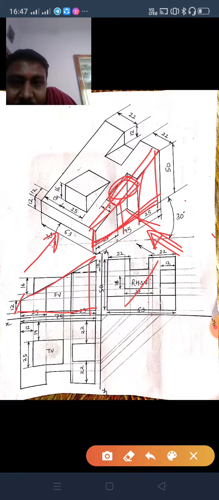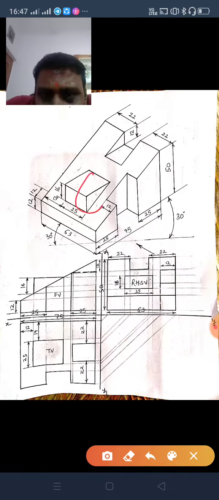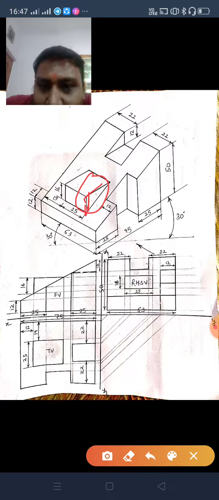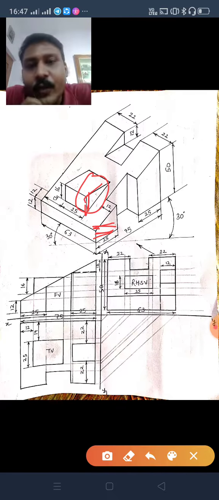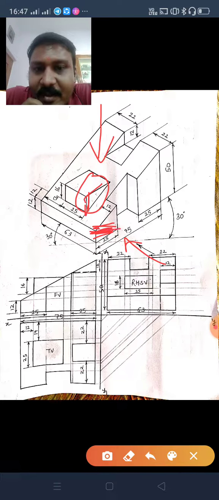Now this line is also visible at 25, 25. So at 25, 25 draw these both vertical lines. So this part is over. Now proceeding further, this slightly mounted portion you can also see. So this height is 16, isn't it? But from where you can get this height, again you have to draw this 12. This 12 is not visible in the front view, it is visible in the top view. When you look from the top, only then you can see this dimension. From front you cannot see this dimension. You can see it only from top. So you cannot draw this until you draw the top view.